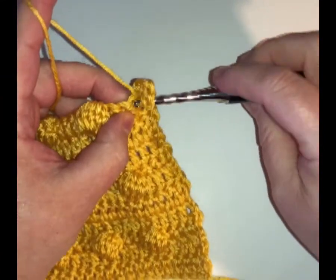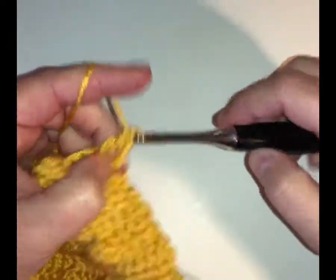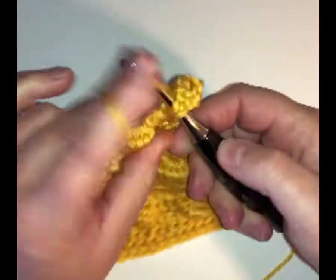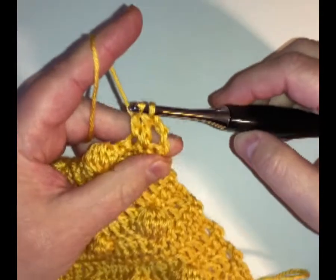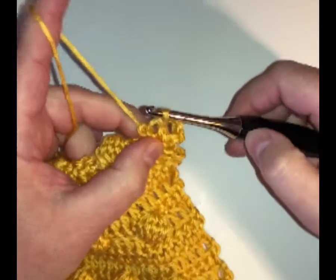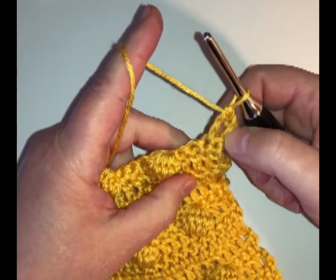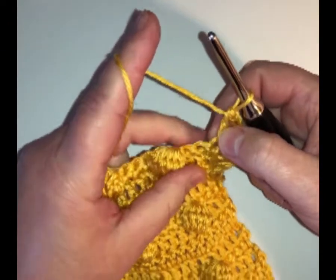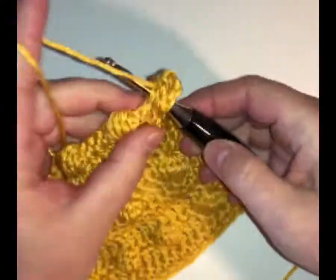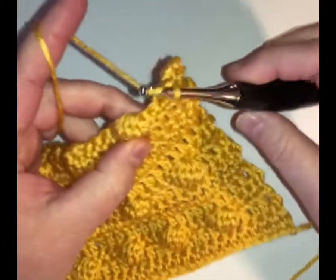So right here, because you want to have a stitch on top of every single double crochet and every single stitch that there is, or every single crochet in this case. So there's 1, actually it's 3 because the chain 3 counts as a double crochet, so that's 3. And I just did a single crochet. That's really funny. Okay, so we have a chain 3, which counts as a double crochet, and then we're going to do number 3, whoopsies, on top of the next stitch, 3, yarn over,